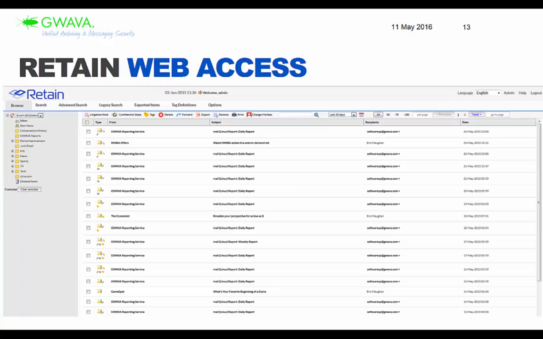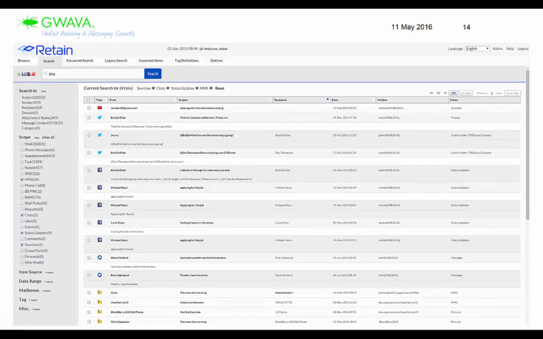Some of the tools that you have, you can see them up along the top of the page there. And then finally, let me just show you an example of the search. As I stated before, this is a huge thing that Retain has, the ability to search the entire archive from one central location. You do one search and all communication comes across. As you can see on the left-hand side there, you can specify where you want to search.